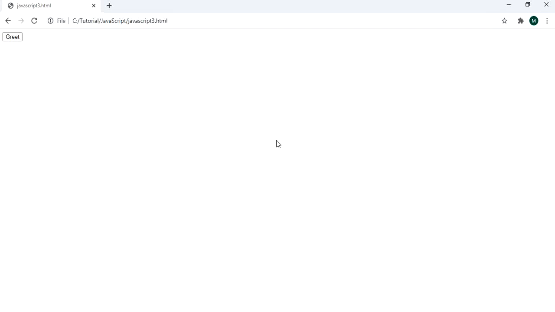So in this way we can have the benefit of putting the JavaScript file external to our HTML page, and we have some benefits over it: it separates the HTML and the JavaScript code, and it makes HTML and JavaScript easier to read and maintain in future, and it also caches the JavaScript file and gives some speed to our page loading.